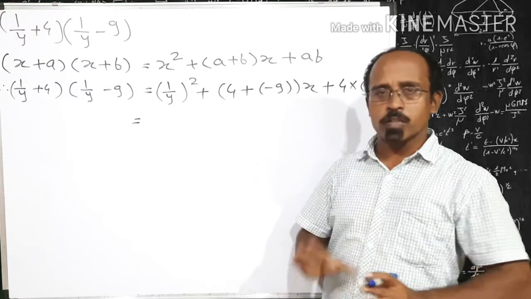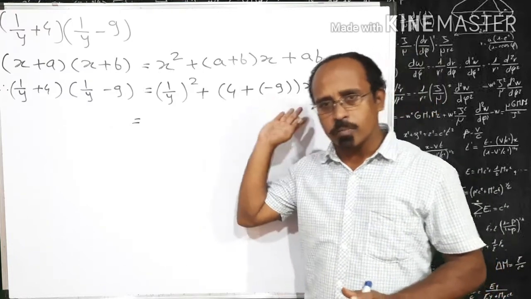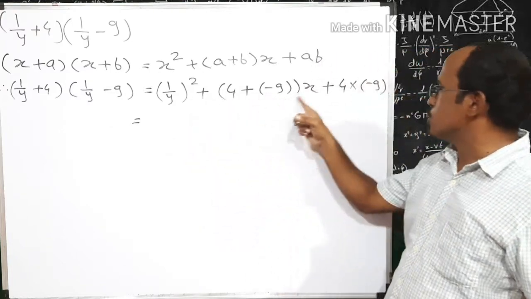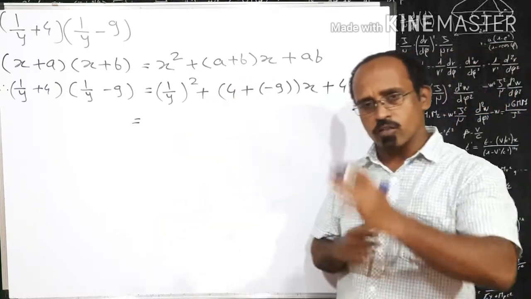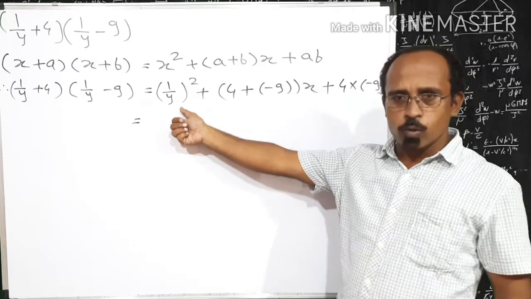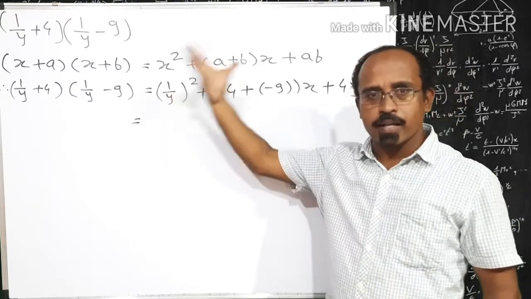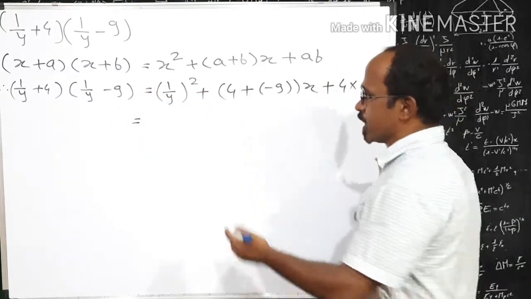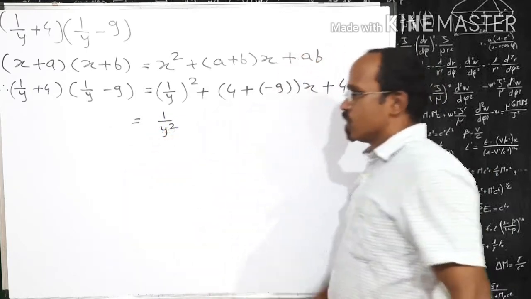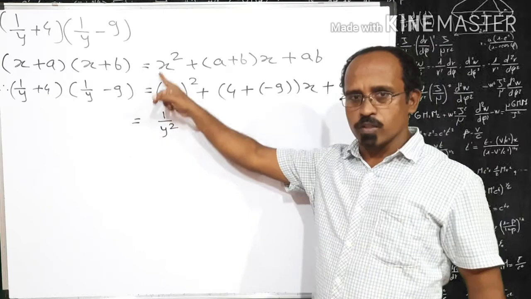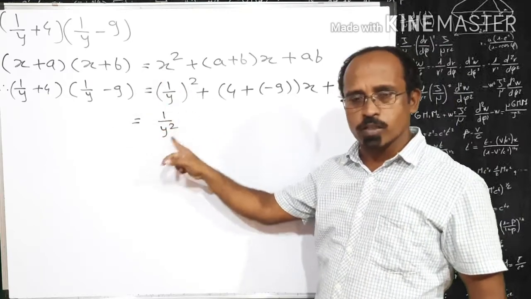Okay, so according to BODMAS, first is bracket. So let's solve all the brackets. 1, 2, 3, 4 brackets are there. All the brackets have the same priority, so let's solve them from left to right. The leftmost bracket contains (1 upon y) whole square. So after expansion it will be 1 upon y square. Square of numerator, square of 1 is 1, square of denominator, square of y is y square.